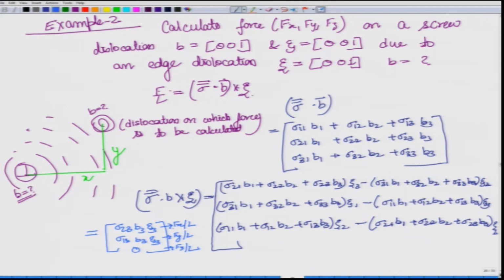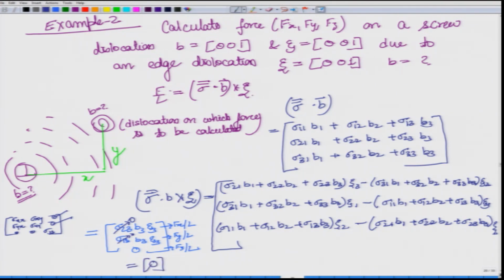So, we can see these are the quantities, but that is not still the complete picture. Let us now look more closely. We have said that this particular dislocation is an edge dislocation. Now, if you remember, what is the form of stress for an edge dislocation? So, the stress is sigma x x, sigma x y, 0, sigma y x, sigma y y, 0, 0, 0, sigma z z. Now, where is the sigma 2 3 component here? This should have been sigma 2 3, this should have been sigma 1 3, and these are 0, which means that this is also 0, this is also 0. So, the overall force is 0.